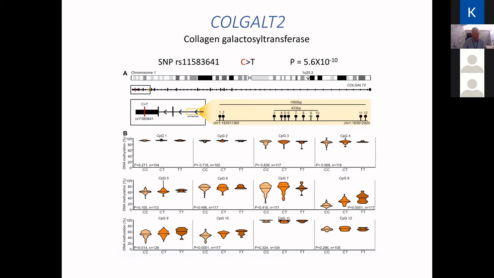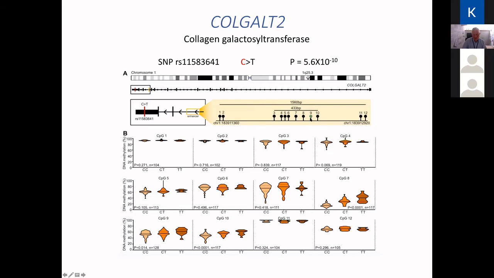And what we discovered is that this polymorphism correlates with methylation changes in a predicted enhancer region of the gene. So this part of the COLGALT2 gene, which is intronic, was predicted as an enhancer based on in silico data. And we identified a number of CpG sites within the region that show methylation correlations with the polymorphism. This one highlighted in green is the CpG that we discovered this signal from, from the 450K Illumina methylation array.